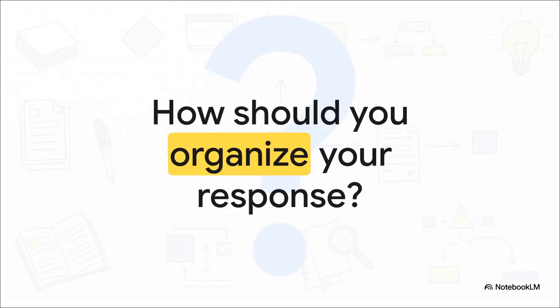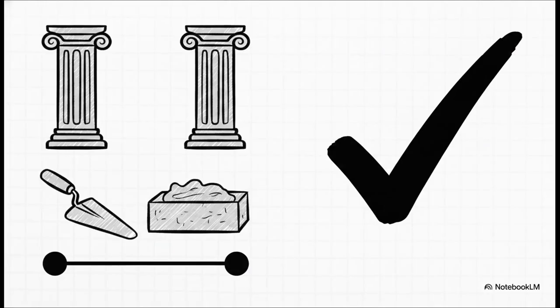Question number 2 from the inspector. How should you organize a constructed response? Try to call up that master blueprint in your mind right now. It's a strict 4-step foundation, right? We start with the introduction to state the claim. We move into body paragraph 1 for a very first point. We flow smoothly into body paragraph 2 for our second point, and we cap the whole thing off securely with a conclusion.